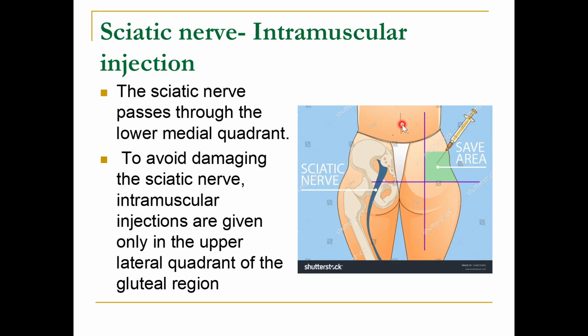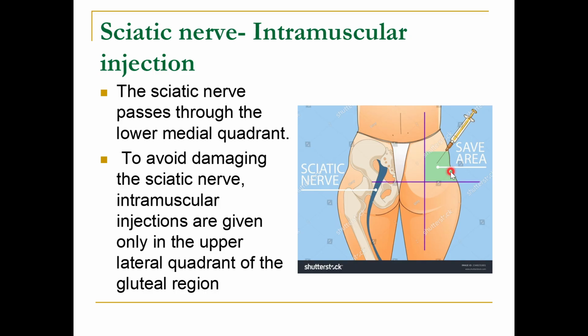Sciatic nerve is also important when we give the intramuscular injection. Intramuscular injections are given at two places. One is in the deltoid and the second is in the gluteus maximus. What we usually do is we draw two lines in such a way that the gluteal region is divided